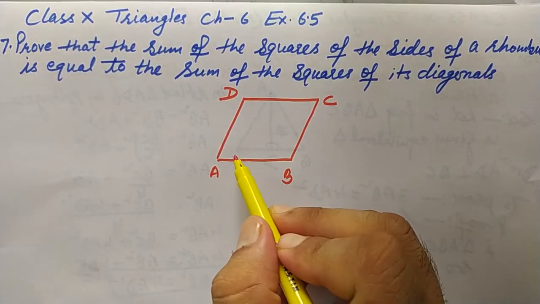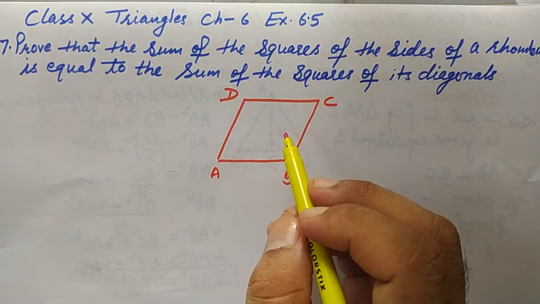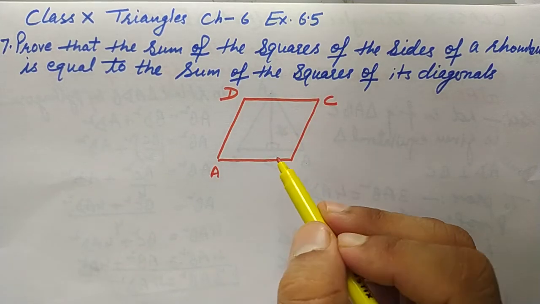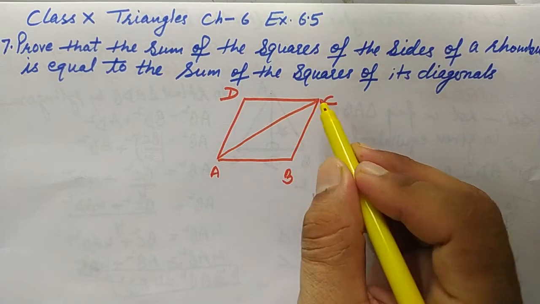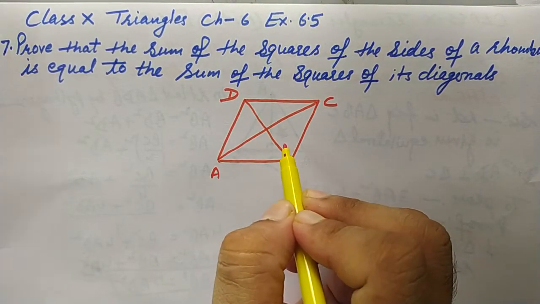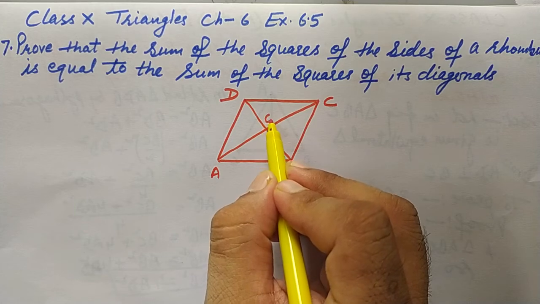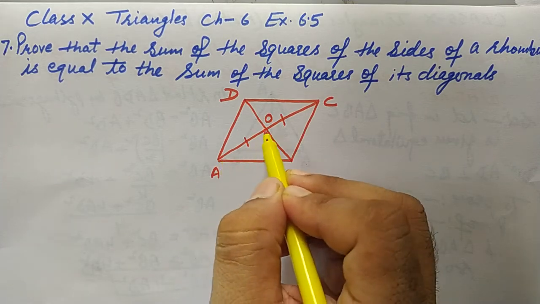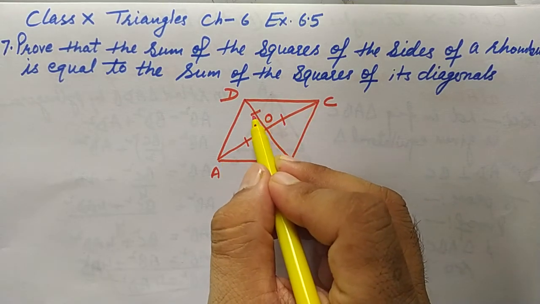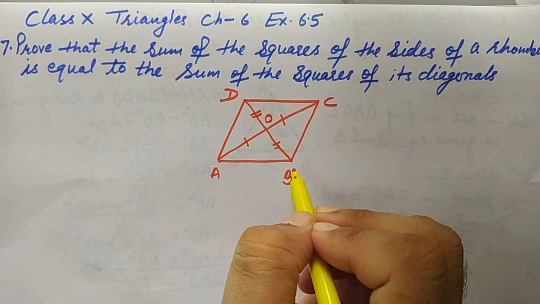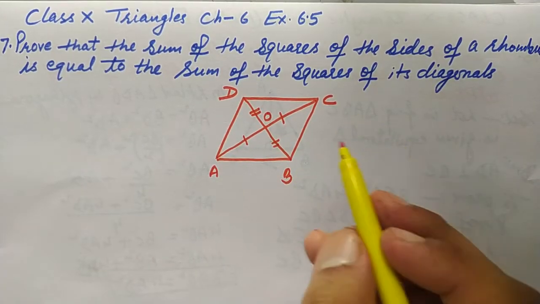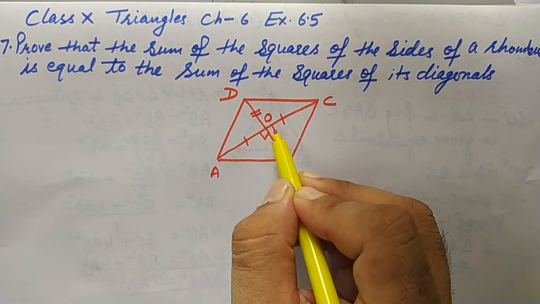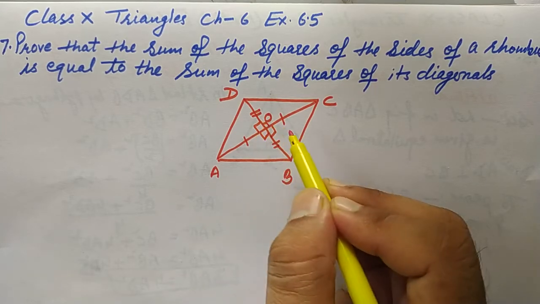I tell you, if it is a rhombus, then keep in your mind that all sides will be equal, and diagonals will be bisecting at right angle. So suppose diagonals bisect at O. It means AO is equal to OC, and that too is equal to half of AC, and DO is equal to BO, and that too is equal to half of BD. So this is a rhombus property. And one more thing, diagonals bisect at right angle. So this is a 90-degree angle in between, right? So these are the properties of a rhombus.